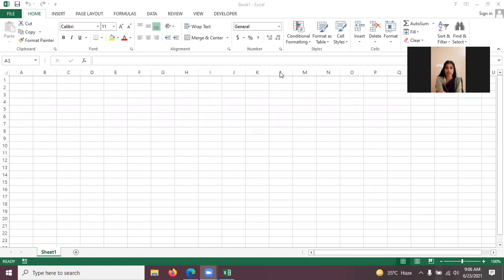Class 7th, this is the starting part of chapter number 6, which was left a little in between. Chapter 6 is more on spreadsheets. What is a spreadsheet? Spreadsheet is another name of MS Excel. We all know this, right? And as you can see on the screen here, the spreadsheet, or you can say MS Excel, is shown.